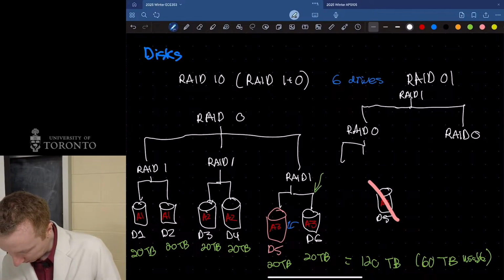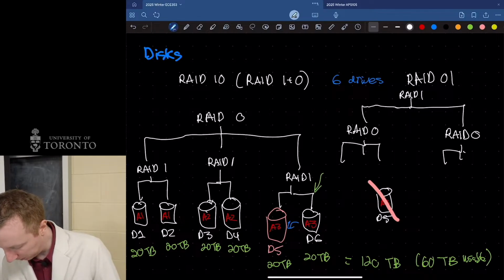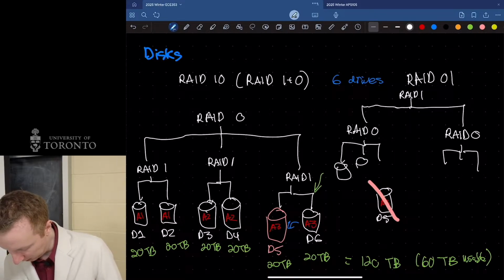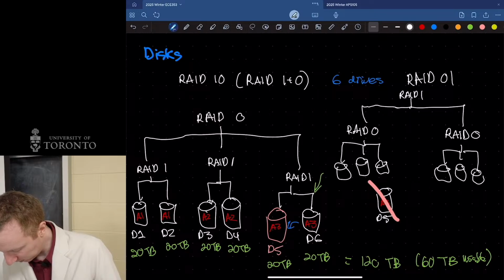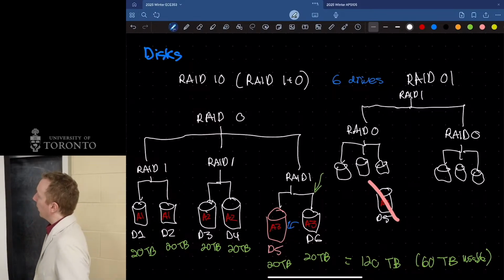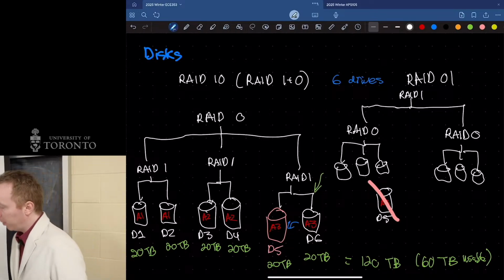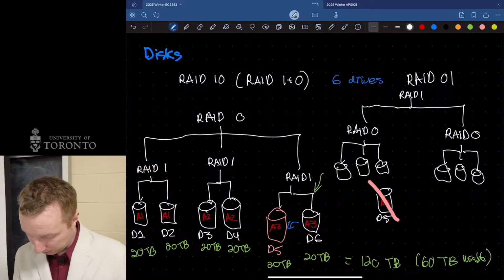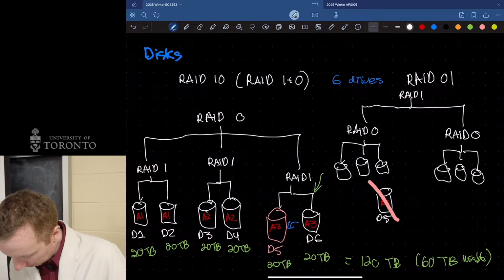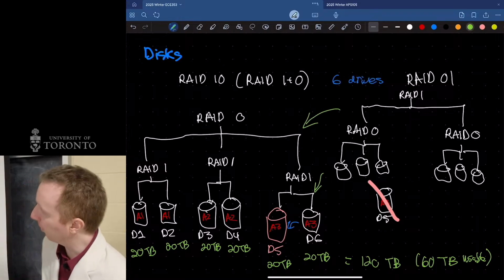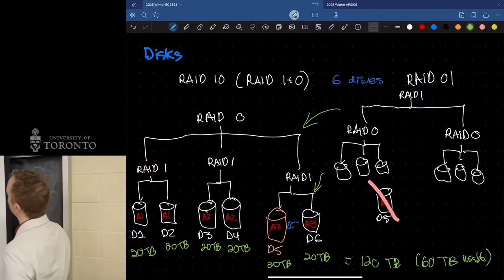Each of these RAID 0 arrays would, if we have 6 disks, have 3 disks in them, so it would look something like this. We won't get into the very subtle differences between these two. Just know that there are 2 different ways to do it. But typically, you would always prefer this one for reasons we shall not get into.